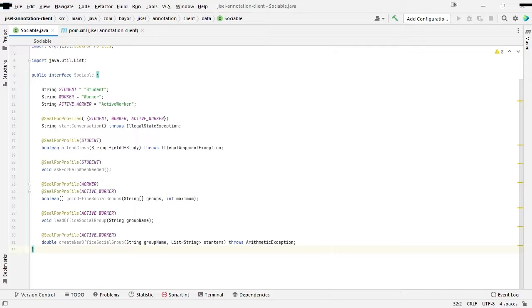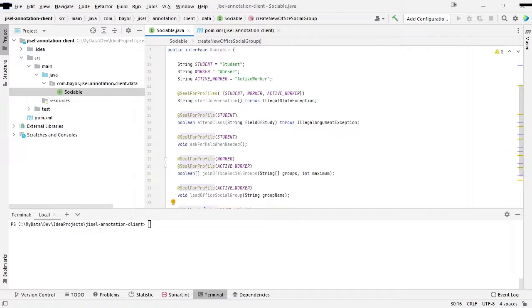It's gonna look like this when you would like to create sub interfaces, or specifically sealed sub interfaces in this case, based on profiles which you define yourself and then specify them using the annotation provided by the library. So once you do this, basically your work is done here.